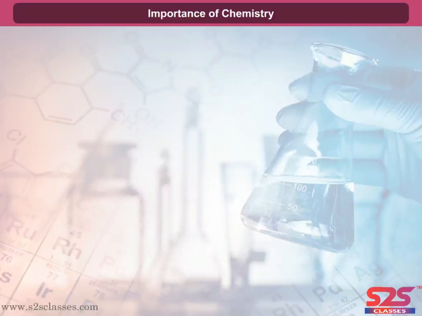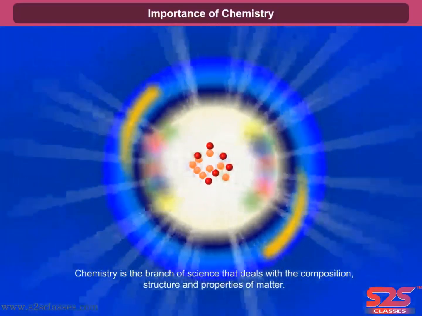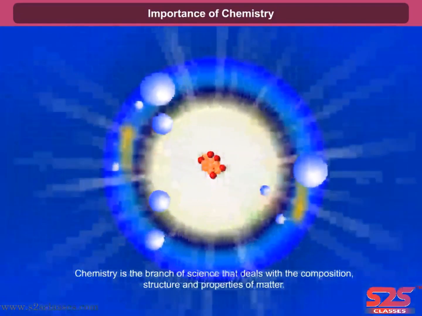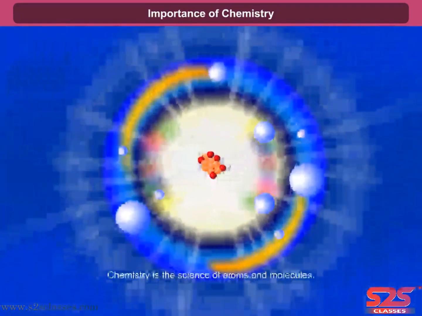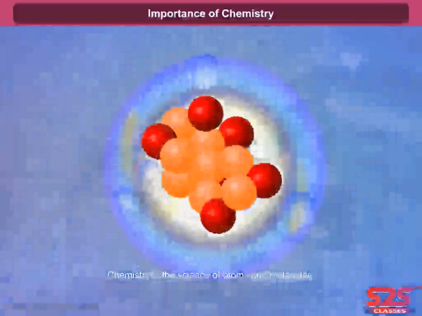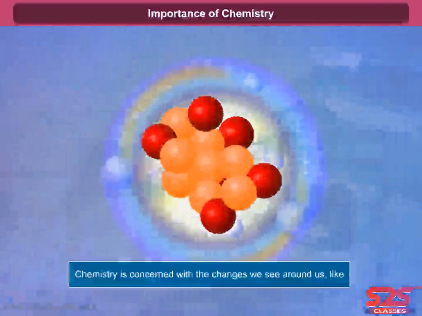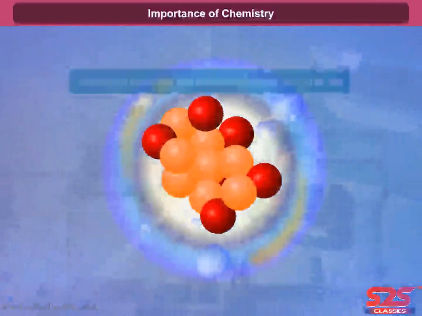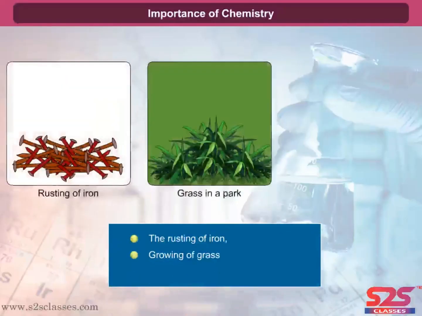Importance of chemistry. Chemistry is the branch of science that deals with the composition, structure and properties of matter. It is also called the science of atoms and molecules. Chemistry is concerned with the changes we see around us, like rusting of iron, growing of grass, burning of wood,